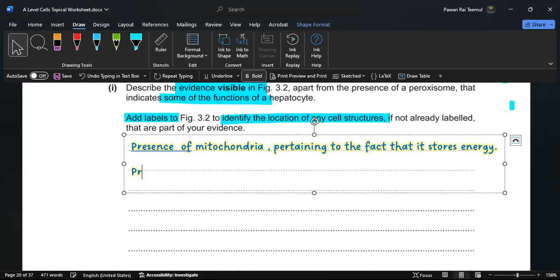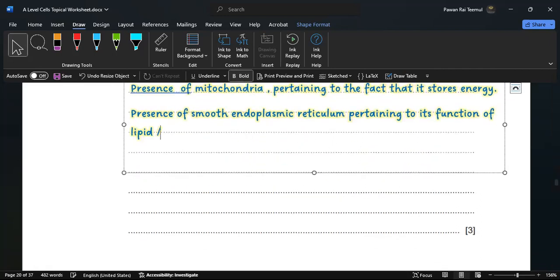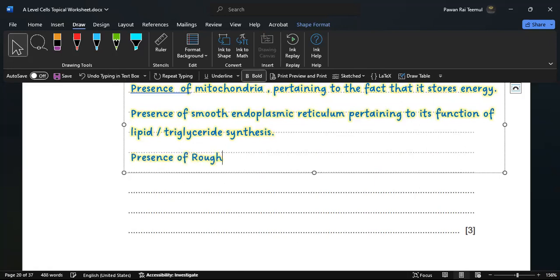Presence of smooth endoplasmic reticulum pertaining to its function of lipid synthesis. You may use the word lipid or triglyceride synthesis. We see the presence of rough endoplasmic reticulum